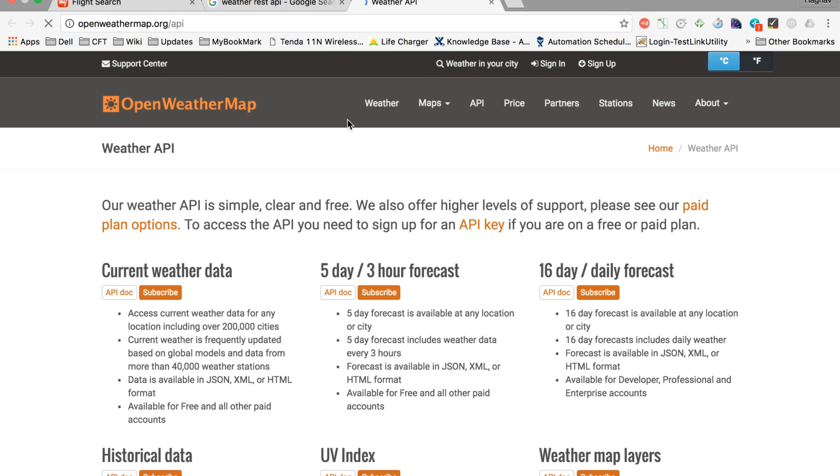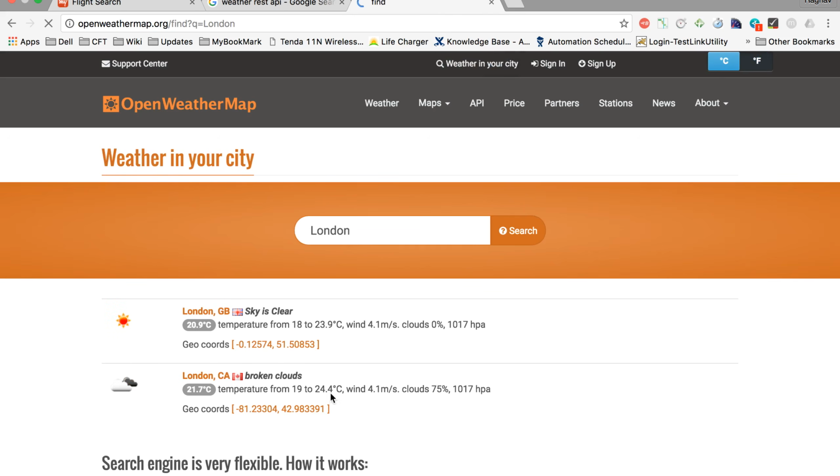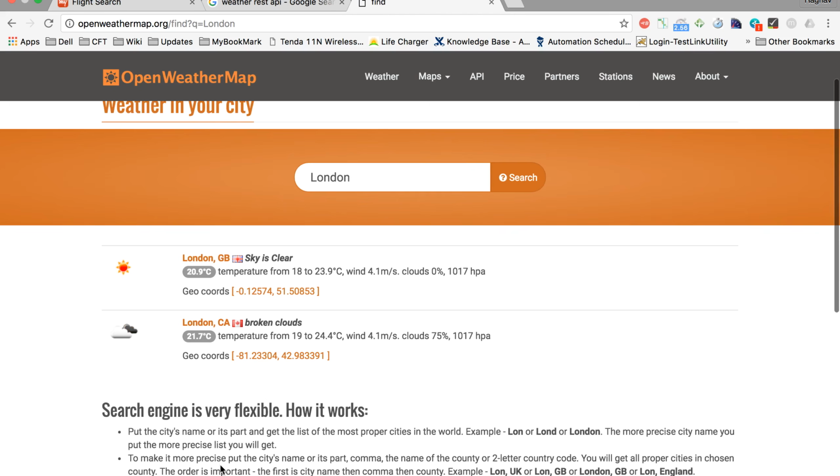Okay, open weather map. So these services are giving their APIs which can tell the weather from some particular location. Okay, and they also have given a UI here. I can actually type any name of a city and say search, and it will show you the weather of that particular city.